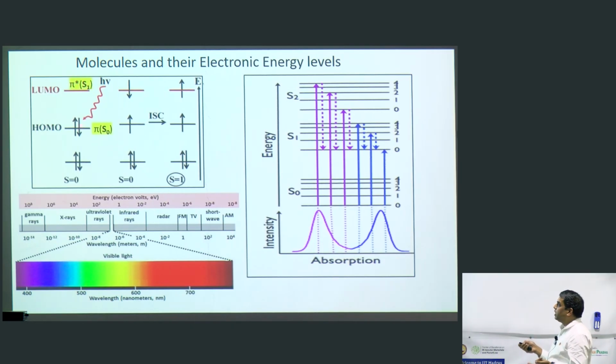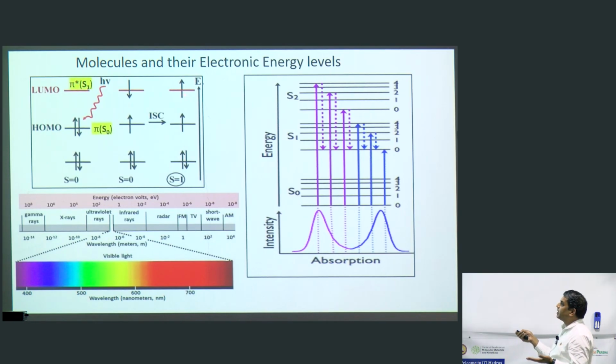How could it happen? If we push one electron here with the same spin to the upper state, that basically gives you the S1 state, because it is the first excited state with its similar pair, and that's why we call it the S1 state. Whenever this spin is flipping, and as we don't need to follow the Pauli exclusion principle now, it could